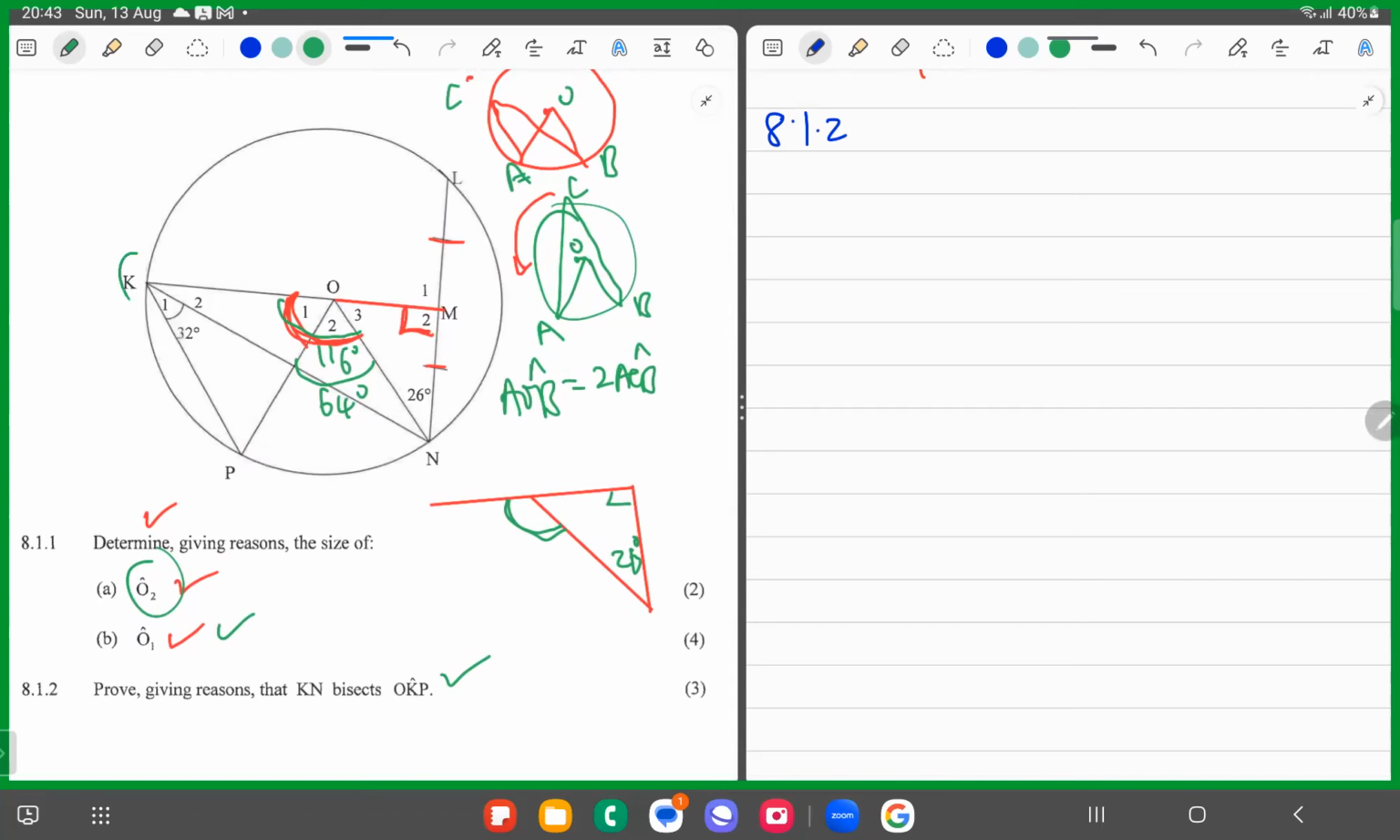KN, so here is K and here is N. Bisects OKP. Prove, giving reasons, that KN bisects angle OKP. So you have OKP. So you must prove that this is equal to this. So you must prove that K2 is 32 degrees, for instance, because K1 we already know is 32 degrees, right? So to prove that one,